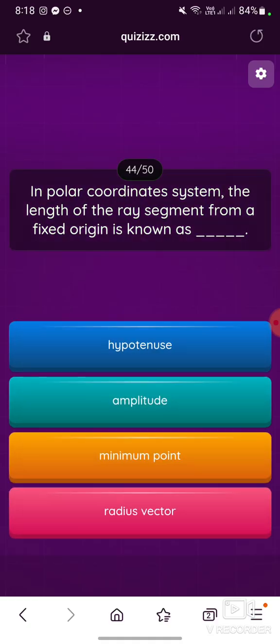In the polar coordinate system, the length of the ray segment from the fixed origin is known as